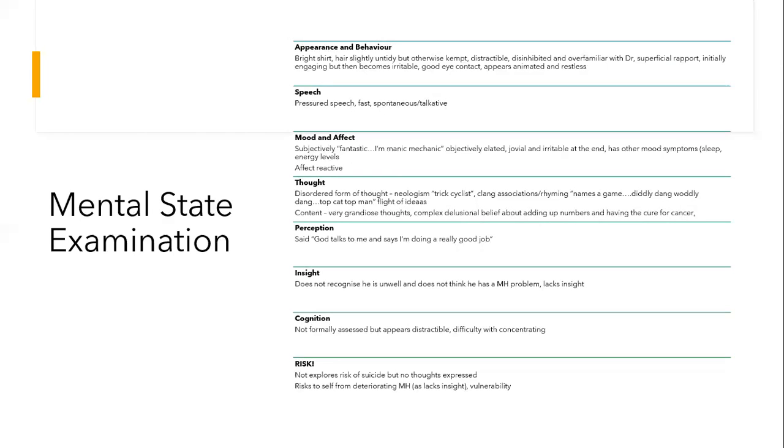So again, we've got to try and think about it as risk to self, risk to others, risk from others. So in terms of risk to self, we often think about risk of suicide to the self, and we haven't explored that during this patient interaction, but he did not express any thoughts of suicide. The other risks to himself include his vulnerability and risk of deteriorating mental health. Remember, he doesn't have insight into his mental health problem, so it's very unlikely that he would willingly accept treatment because he doesn't believe he has a mental health problem. So that is a risk, because his mental health could deteriorate.